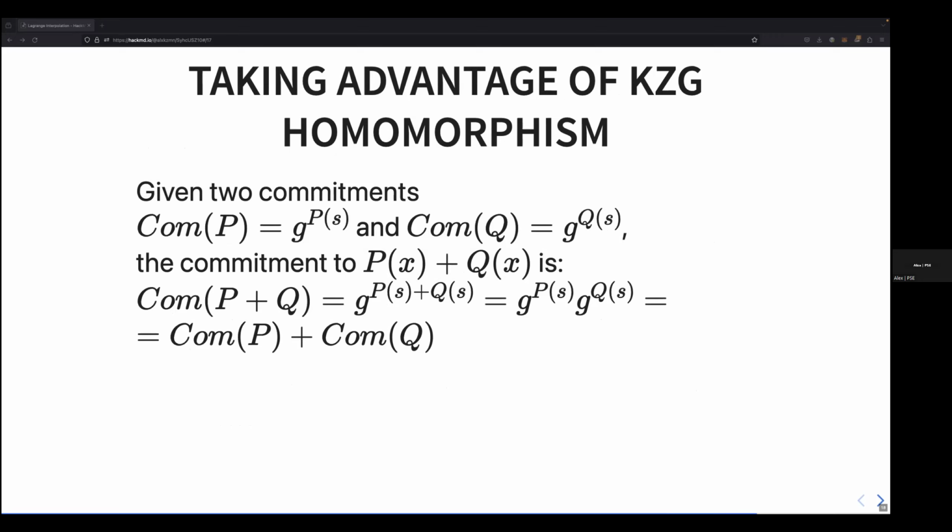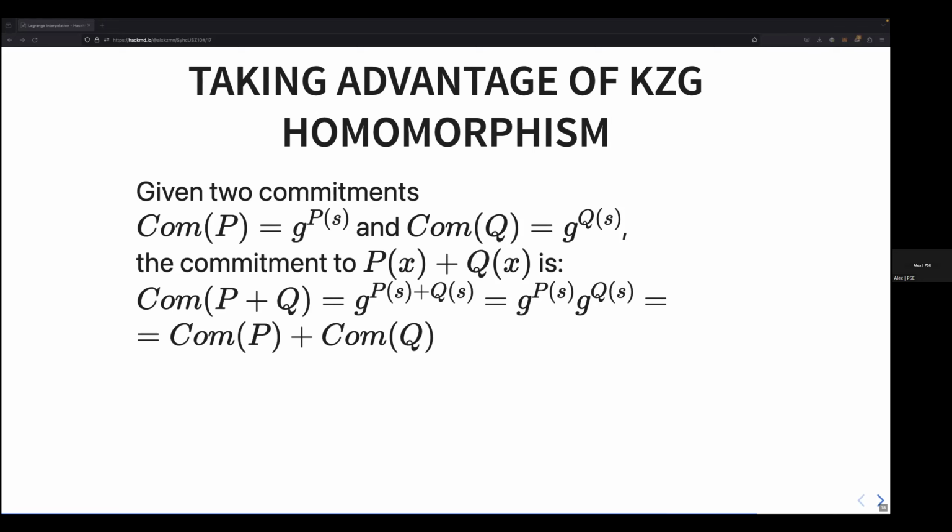Which means that we can simply commit to two different polynomials, then add their commitments together, and it will be the same as if we first added the two polynomials and then committed to the resulting sum. For us, it means that we can split our user base into as many chunks as we want,